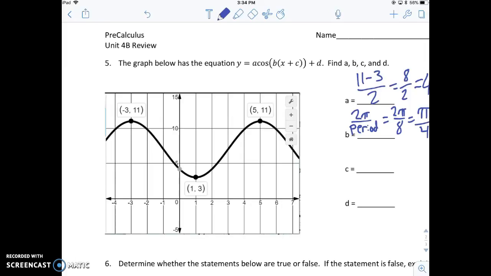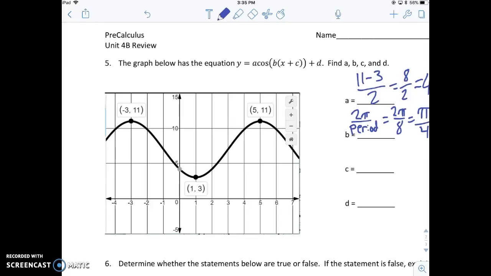And then our c value is our phase shift. Since we're looking at a cosine graph, I'm going to look at the top. There are multiple correct answers for c. You can do the phase shift left, or you can do the phase shift right, because this does repeat,